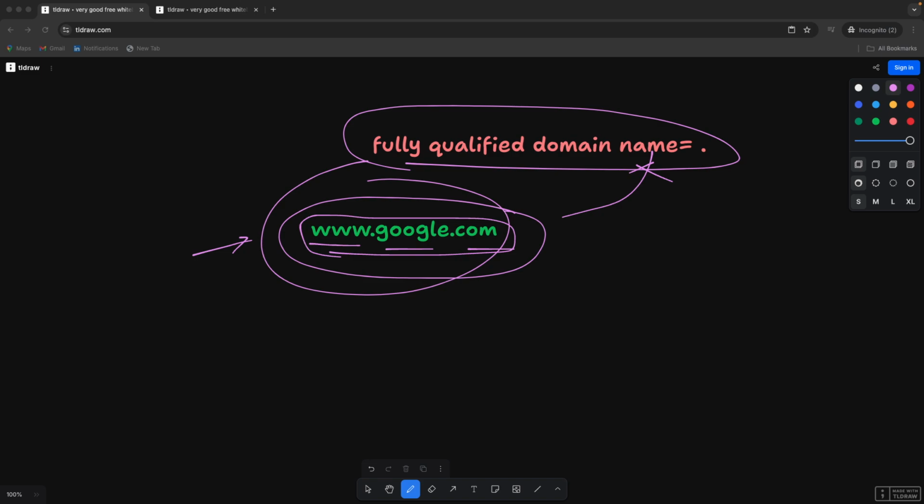Now a domain is a subtree of the domain namespace. So let's see what we are talking about. A domain is a subtree of the domain namespace. The name of the domain is the domain name of the node at the top of the subtree. What is it trying to say? So for example,